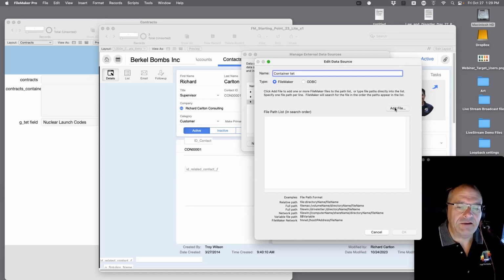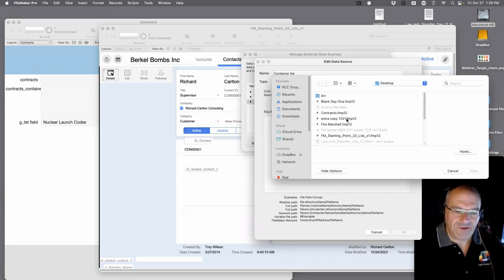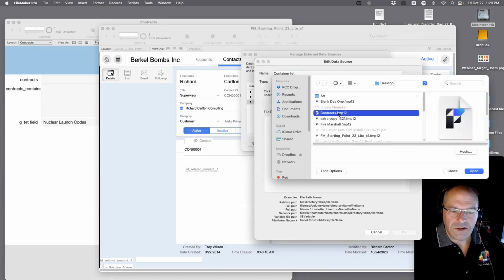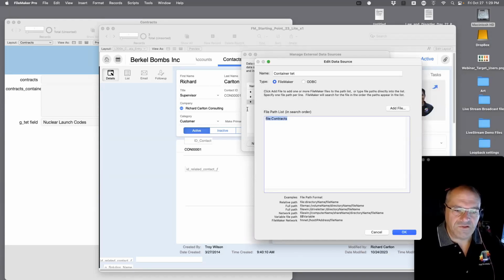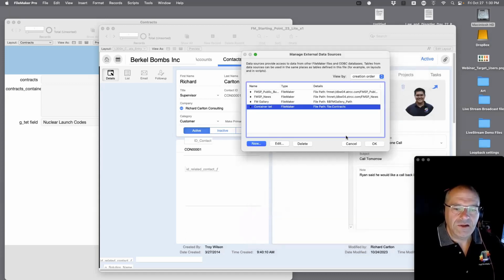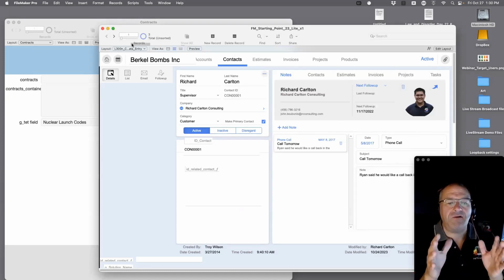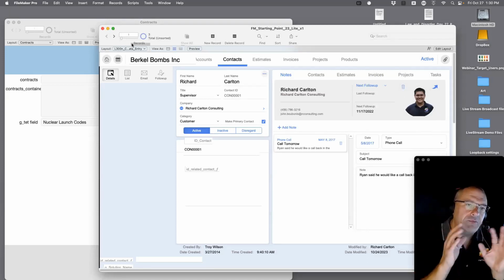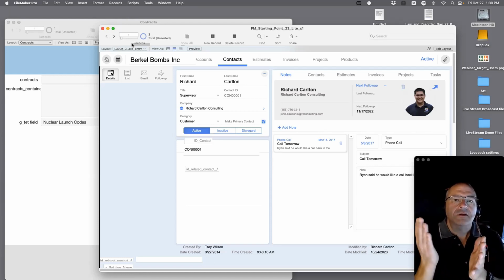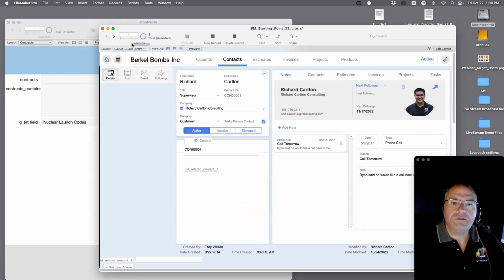Hit add file. You have to identify the file. So I'm looking for, is it contracts? I guess that's contracts right there. So you hit OK. And so this is the path for it. It's a specific absolute path. I hit OK. So now I hit OK. And now both files are open. Once again, you have to have the appropriate access. I would simply say the access, the passwords don't have to match on either one. They don't. It's easier if they do, because once you open one, this file over here,